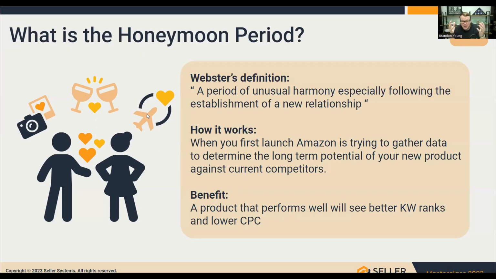And if you go back to what we were talking about before, about how the algorithm works, remember, it's a series of averages of performance times relevancy. And that performance is your click-through rate, your conversion rate, and your revenue through those keywords over time, putting credit in the bank. Now, here's the problem.